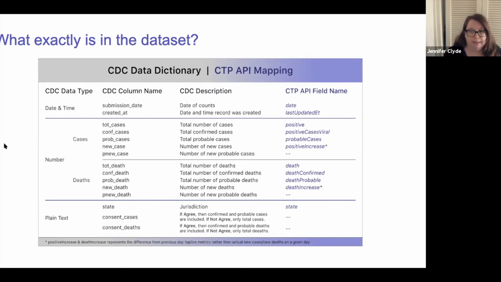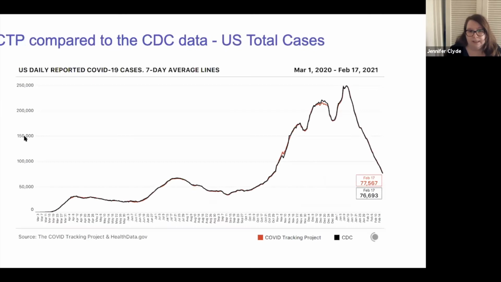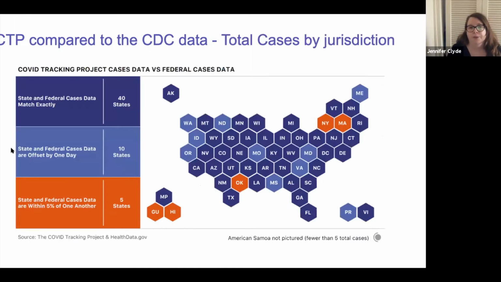So once you get into the data, how do the numbers compare? Next slide, you can see that at the top level, CTP and CDC data is matching almost perfectly at the national level. When we made this chart on the 17th, the difference between total cases was less than 1,000. When you look in a little deeper on the next slide, you could go state by state, jurisdiction by jurisdiction,